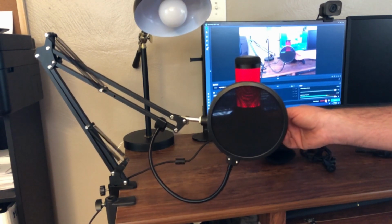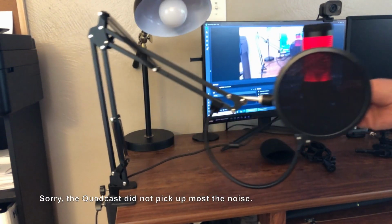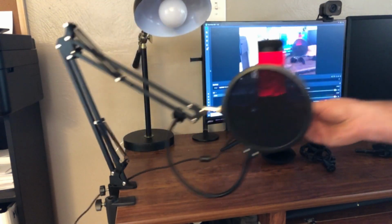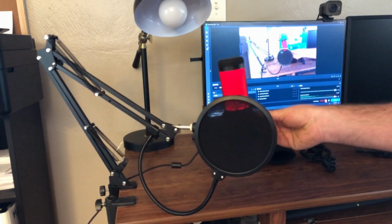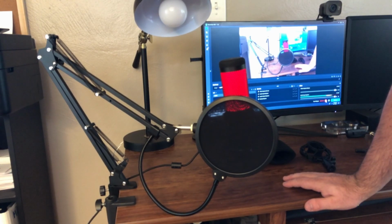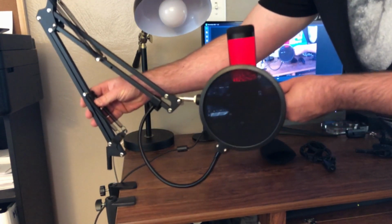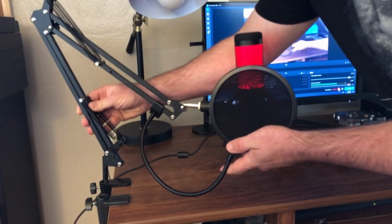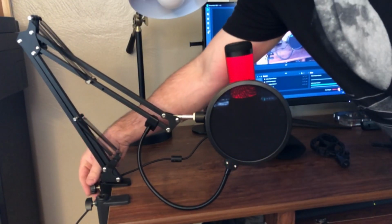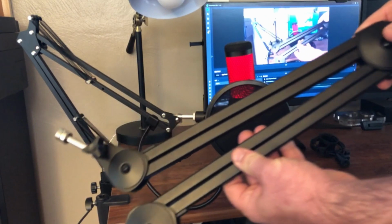Some of the only things I've noticed that are bad with it is when you actually move it, it makes a lot of springy noises. So let's see if we can get it. So yeah, you could actually tell how bad the quality is compared to my other boom arm, because this thing is actually fairly light. And then actually I damaged it as well. I don't know if you can see that, just by having it in the mount. I had this screwed in and I just turned it and just scraped it. But compared to my other boom arm,